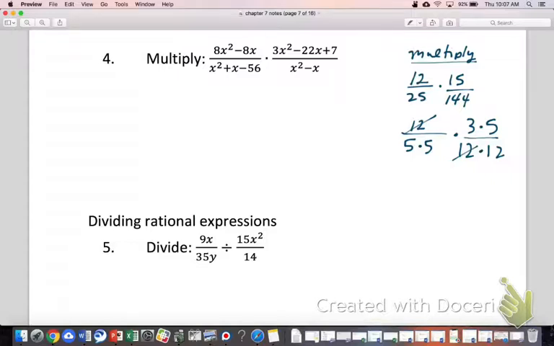Whenever the numerator is empty, what do you put? A 1. Numerator empty means 1. Right, because 12 over 12 is 1. And you guys see how this 5 would cancel with that 5? So 5 over 5 is just a 1. So then what you could do, now that you've done a bunch of canceling, couldn't you now just multiply the numerators together? Now it's just 1 times 3, isn't it? Those are the only things that didn't cancel out. And then down below, 5